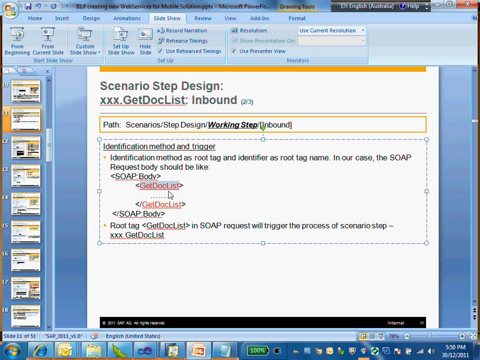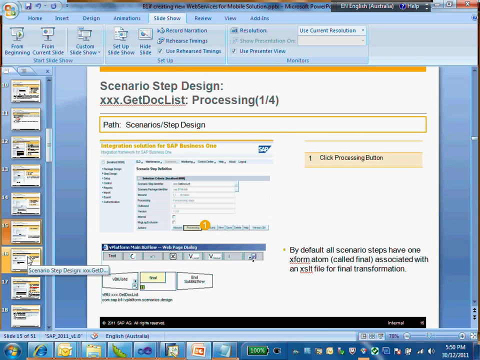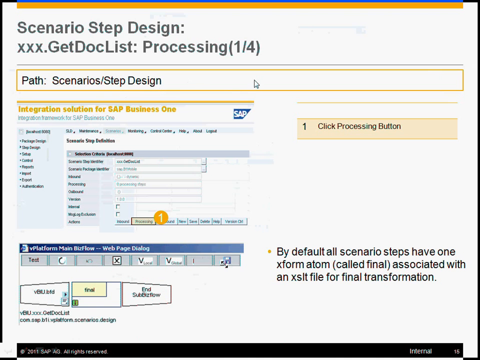Okay, let's have a look, going back to the slide here. For the processing, we are going to use the processing here, and by clicking the processing, it will show us the flow of the processing here. By default, it will create one final step. That's the one to do the final transformation with the XML style sheet to transform into the final SOAP response